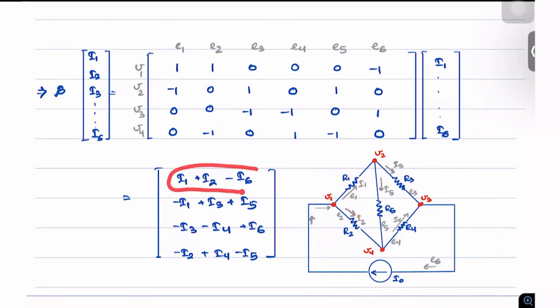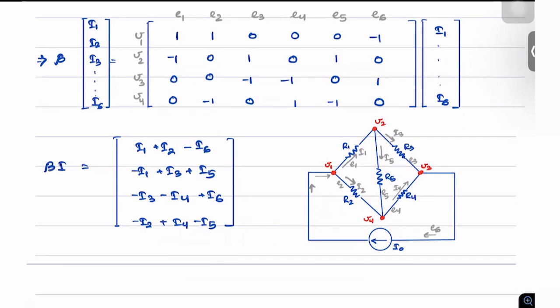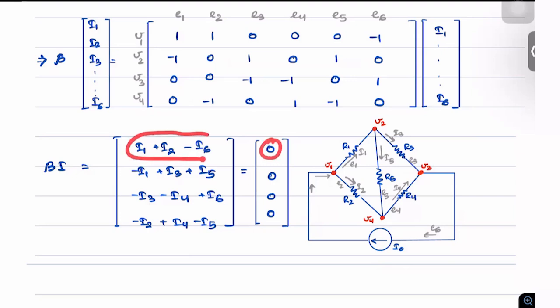So the first expression that we see here is equal to 0, meaning this is nothing but Kirchhoff's current rule and is simply equal to the following. Shift this here slightly and write it. B times the current vector I is simply equal to 0, a 4 times 4 cross 1. We know that it is equal to 0 for the first node. So this simply represents the total current at the first node.